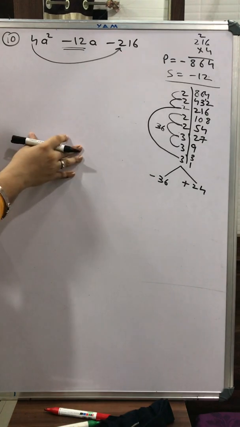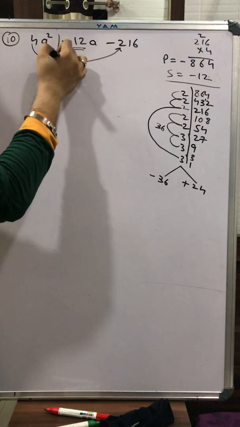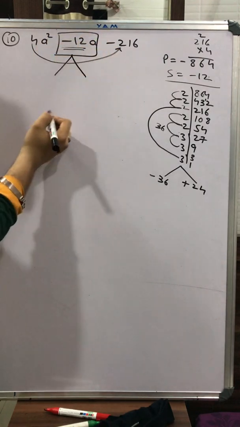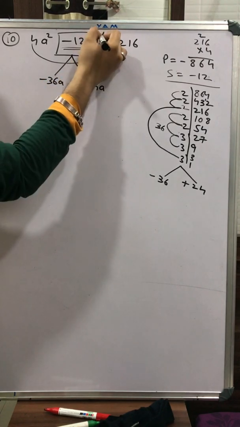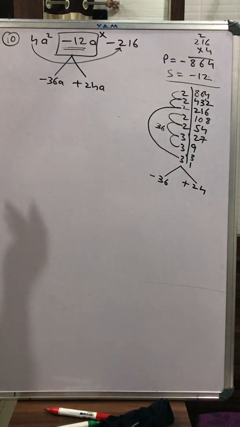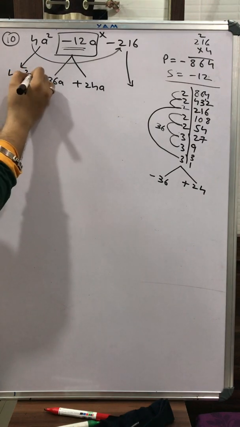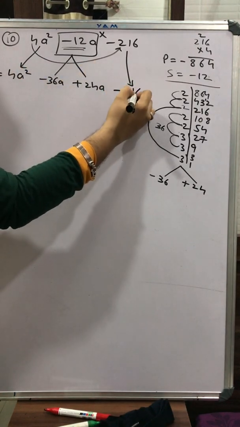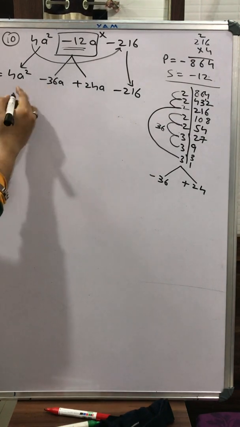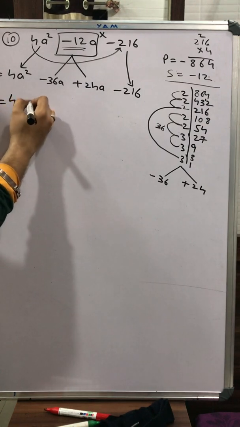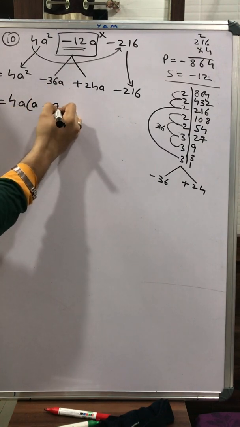Now you can pause the video or solve simultaneously with me. My middle term is minus 12a. So in place of minus 12a, I'll write minus 36a and plus 24a. I'll not copy the middle term because we are splitting it. I'll copy the first term and the last term as they are: 4a square and minus 216. Now if I remove the common factors, I can take out 4 and a. 4 is common, only a remains, minus 4 9s are 36, here it comes 9,